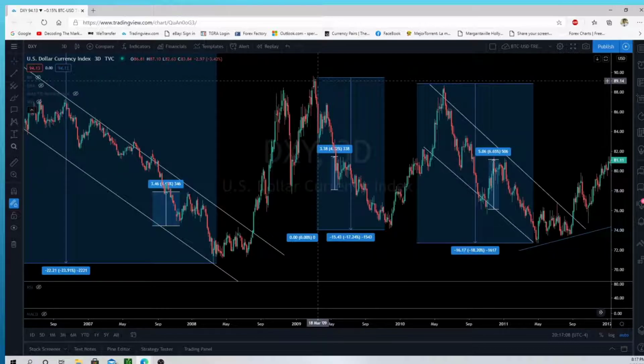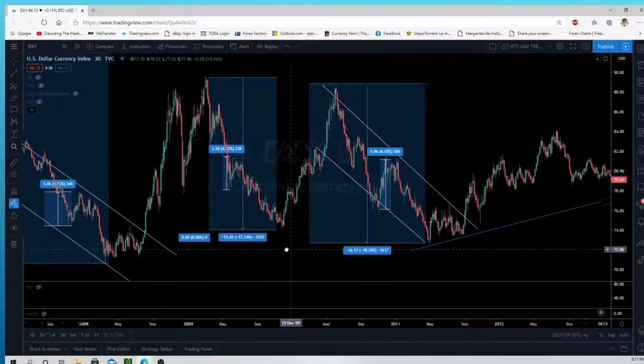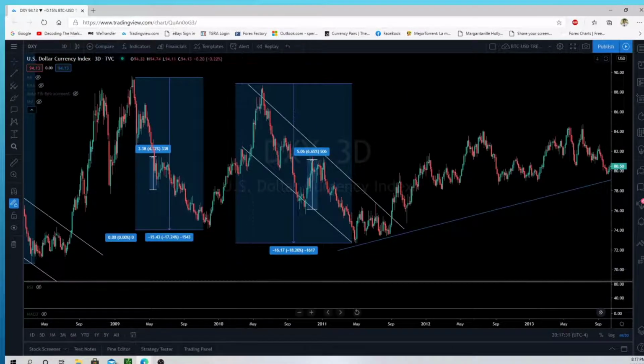2009, a drop of 17%, 17.24%. But before getting to 17.24%, we have a gain of 4.32% before the final drop. And once again, in the future, it happened once again. In 2010, we have a drop in price of